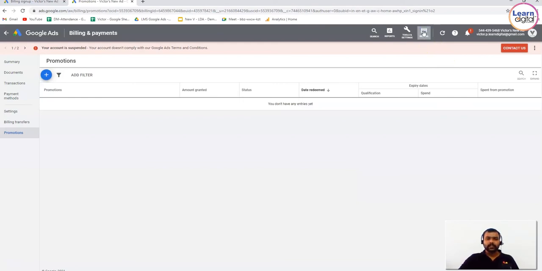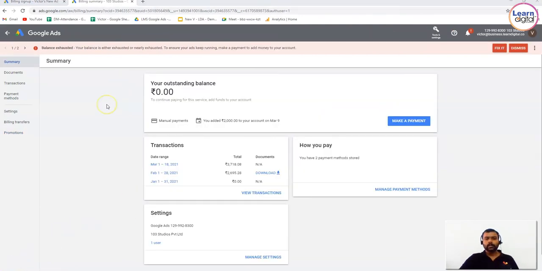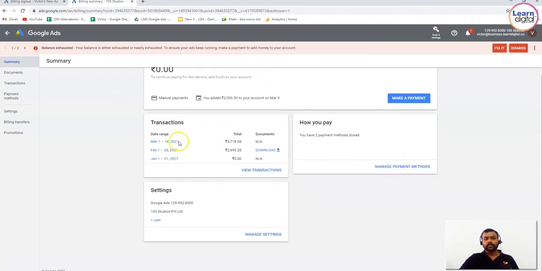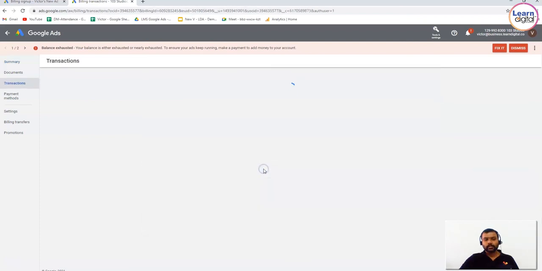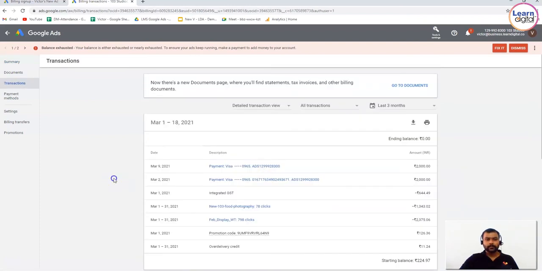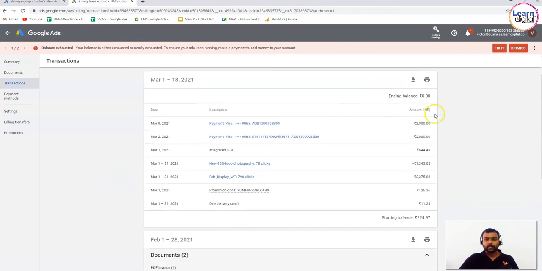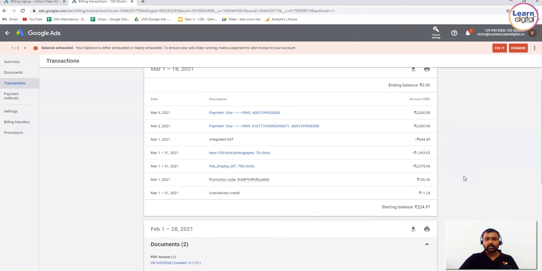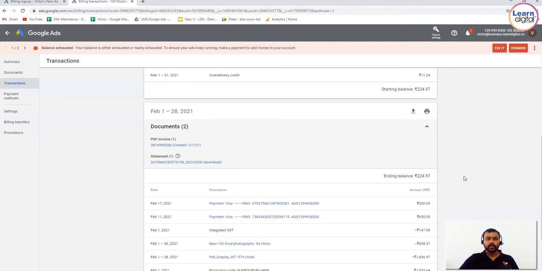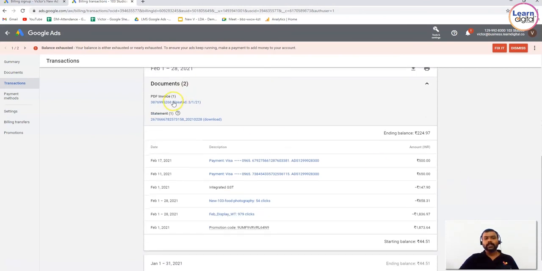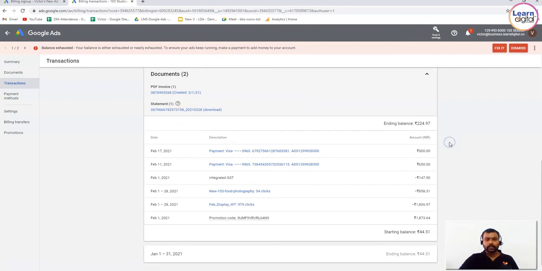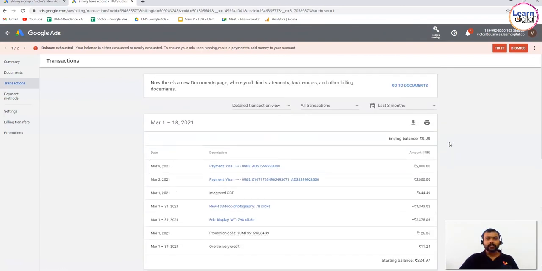So let me check whether I have a real-time example for you to show. Just a minute. All right, so this is the real-time data what we have right now. Okay, so see the last payment which I have made and how much I have made, you'll be able to look into that. And via which card I have made the payment, how much I have made, 2000, 2000, and you can see the deduction also. So this is the summary, guys. So you'll be able to get all the summaries over here. So documents, you'll be having a PDF invoice and a statement of the payment that you have made totally. So this is what you're going to get under the transaction.